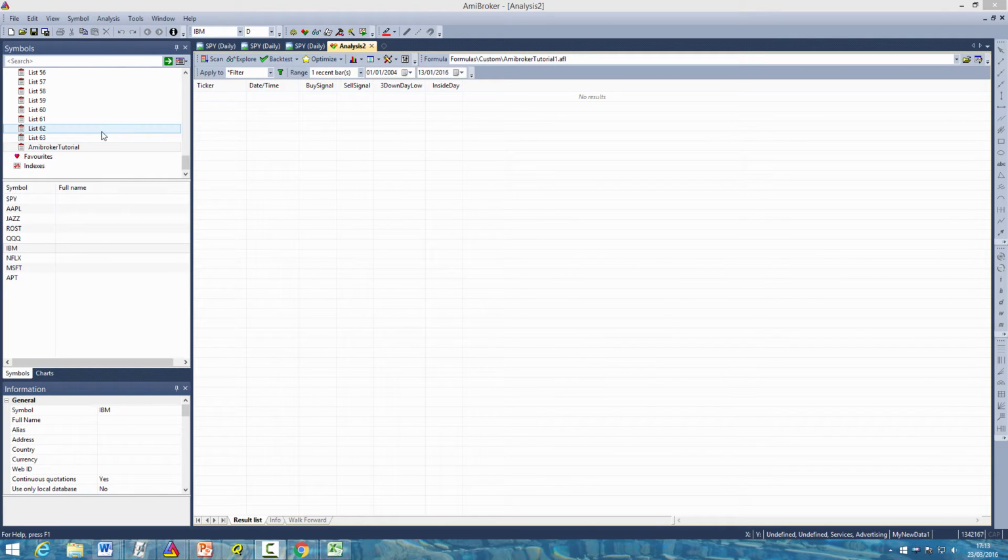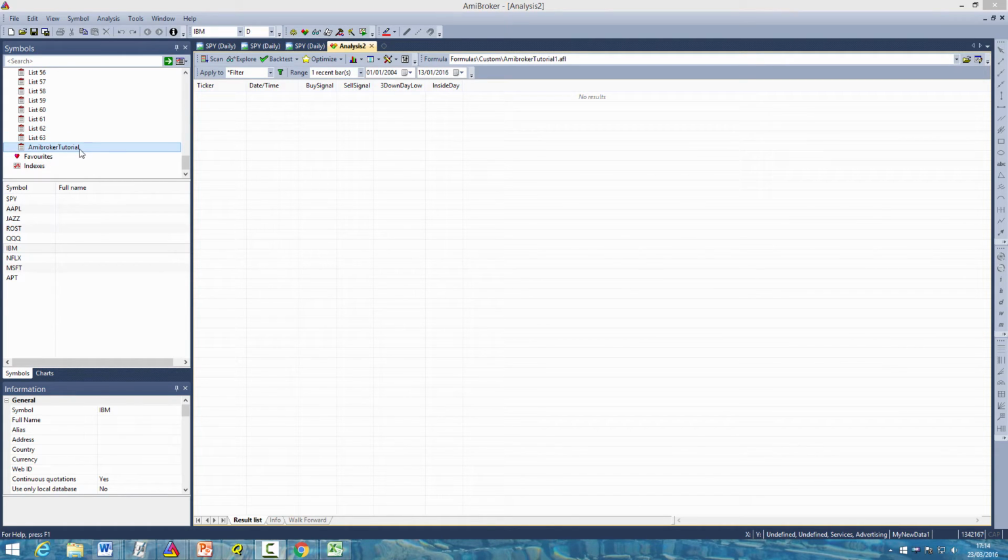Lots of other stocks over the past 10 years may have fallen out of the S&P 500, but those stocks will no longer be in your list if it's simply a list of the current S&P 500 constituents. So when you pay for data, a good data provider such as Norgate Premium will include historical index constituents for you, and that will allow you to test your strategies on survivorship bias free databases. But I'll go into that in more detail later on. For now though, just so you can learn how to use the backtest button, and with the caveat that any backtest we do now is going to include survivorship bias, we're going to create a watch list